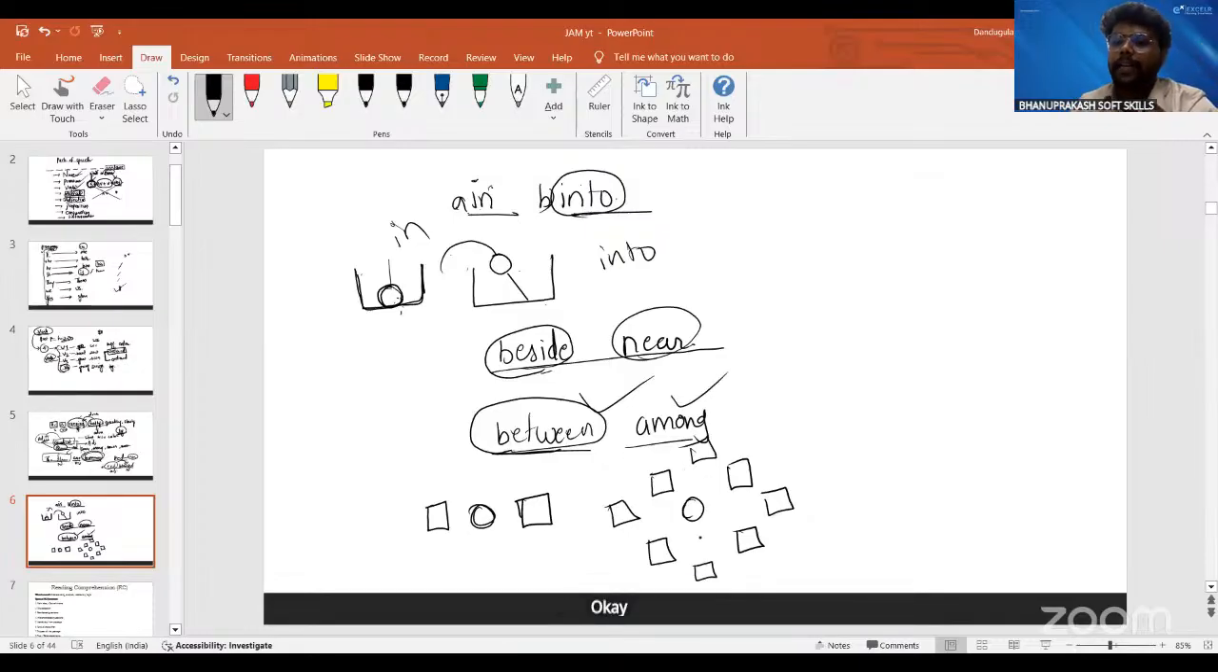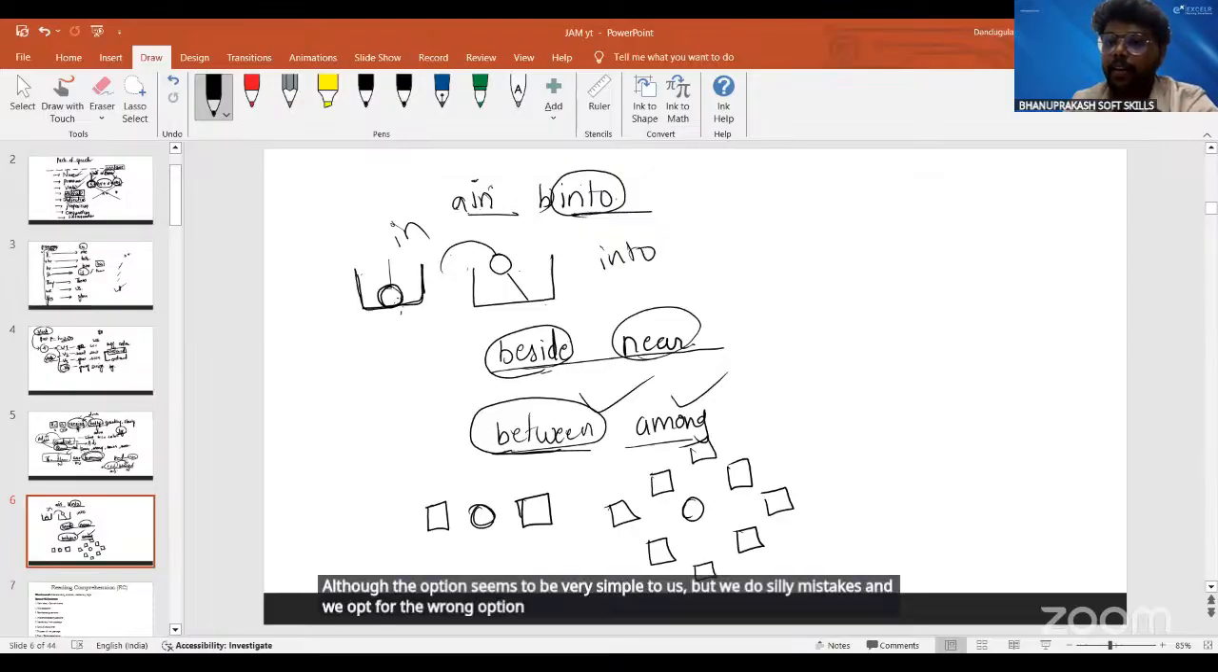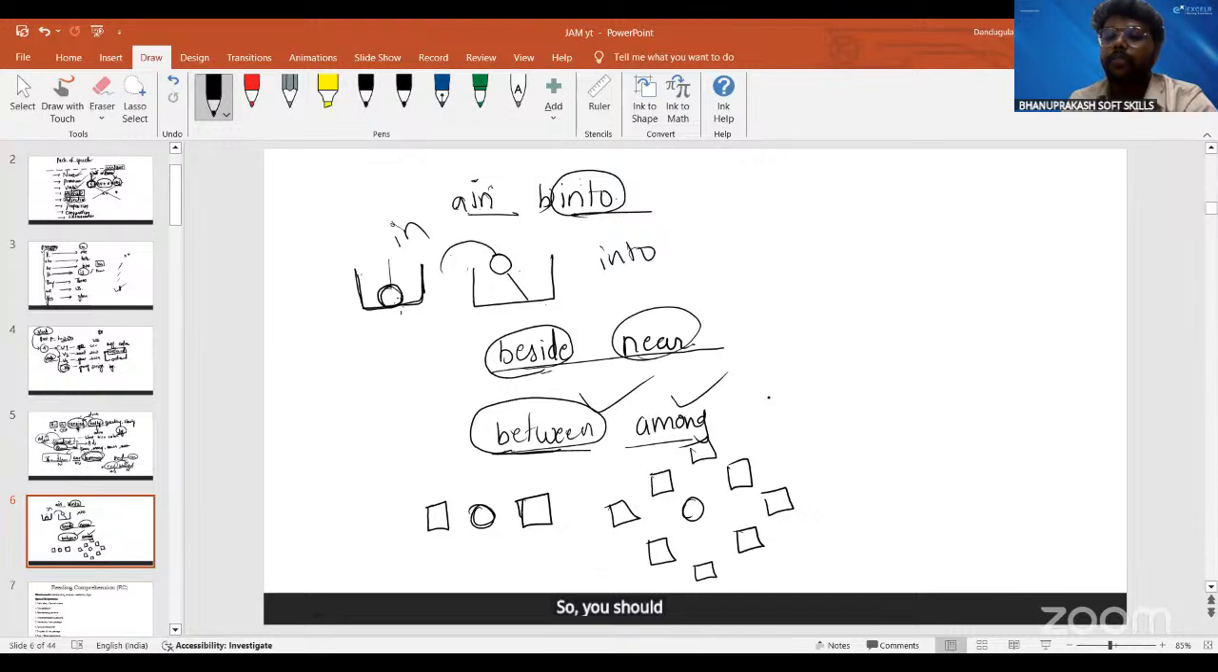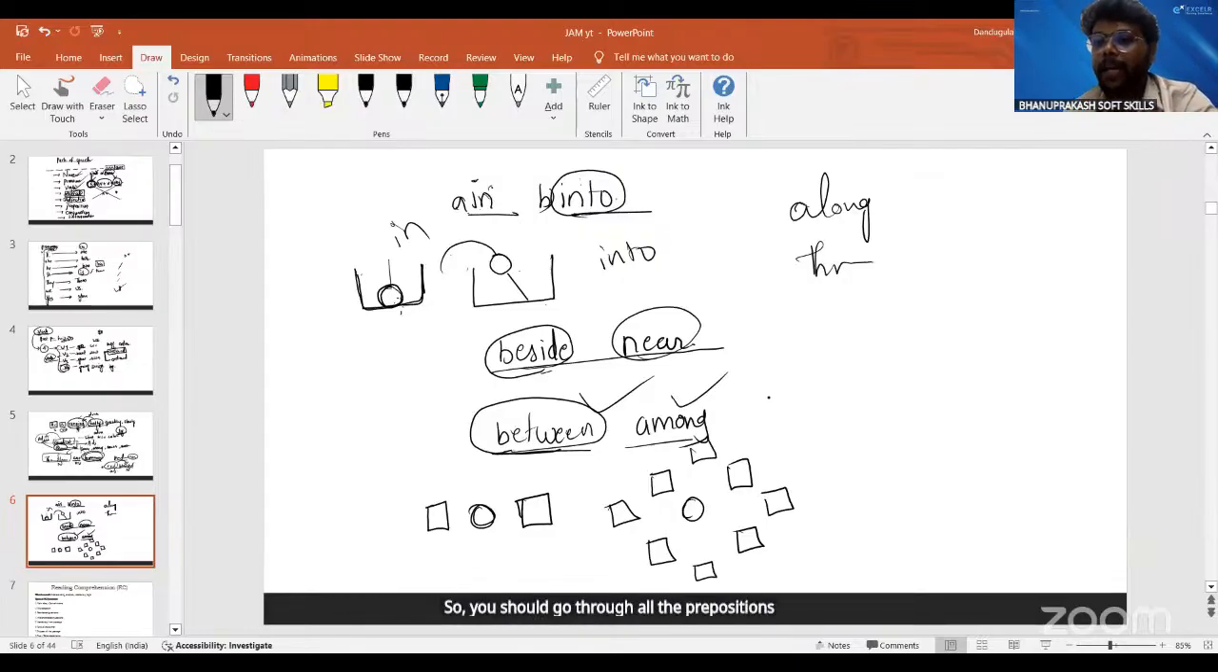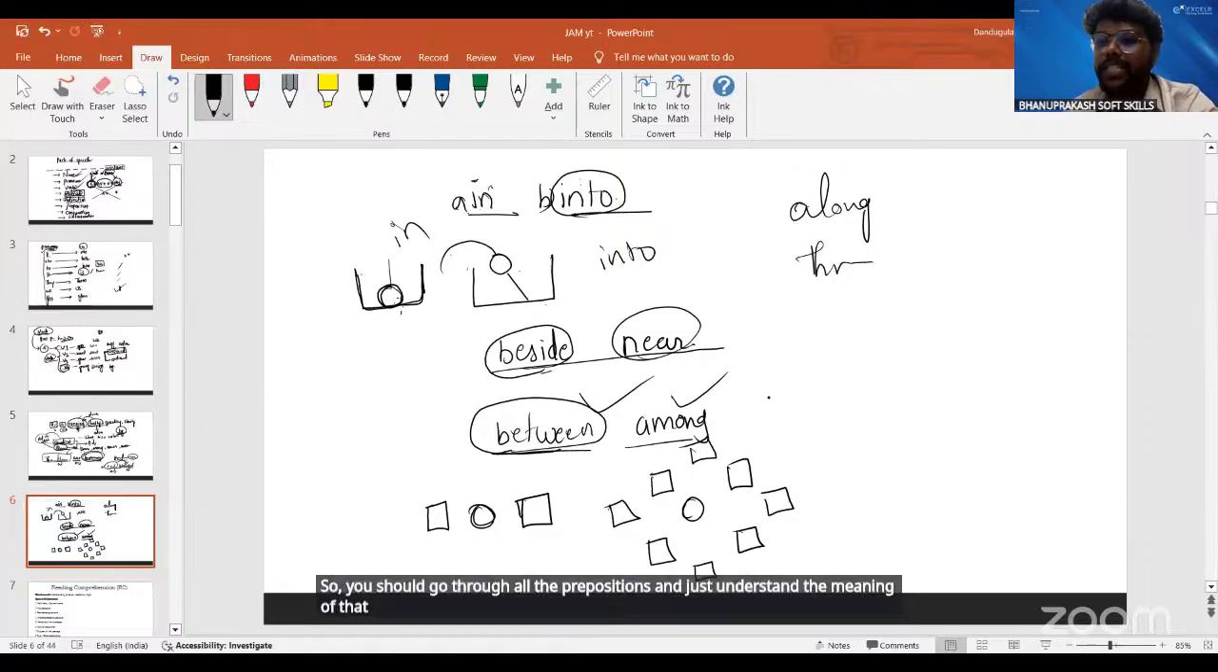Same like that, in prepositions we have many words which confuse us a lot. Although the options seem very simple to us, we make silly mistakes and opt for the wrong option, just like in and into. So you should understand the exact difference between these kinds of similar words. And we have other prepositions like along, through. As you find many prepositions in the preposition table, you should go through all of them and understand the meaning. Now tell me, what is the difference between